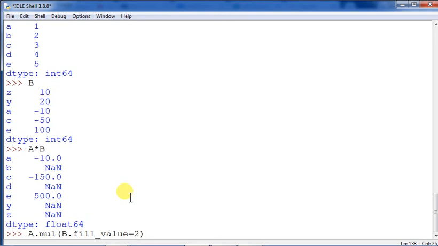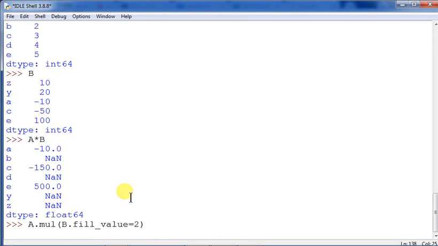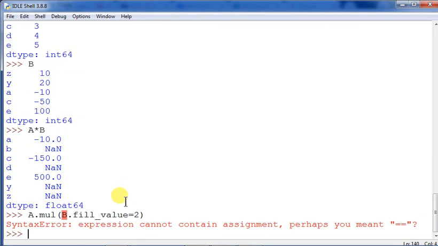Sorry, just a minute, a dot has appeared over here, that is a wrong syntax. It should be a comma out here, B comma.